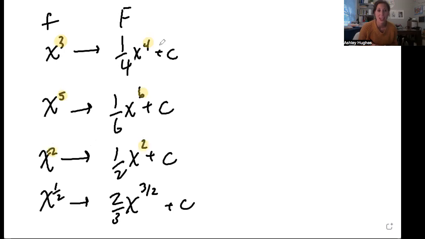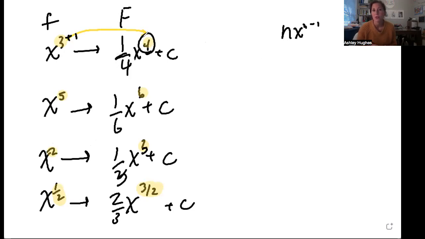Whoops, I did that one wrong. Oh, sorry, y'all. It's been a long day. That should be x cubed over 3. Okay, what do you notice about the power for x? Hopefully you're saying this went up by 1, right? It increased in power, because when you take the derivative, we used to take the power and subtract 1. Now we're doing the exact opposite of that. We're adding 1, and then we're dividing by